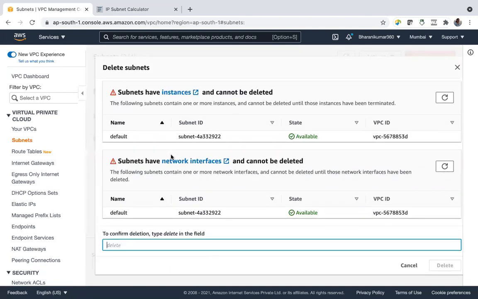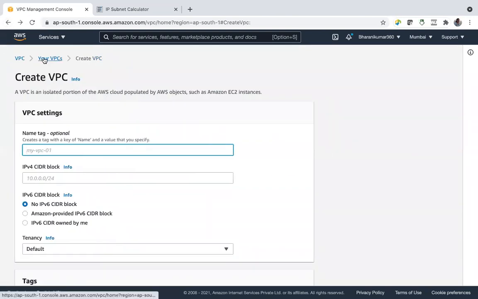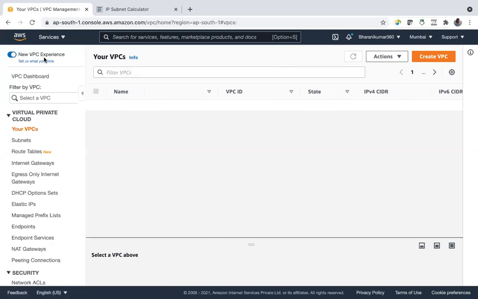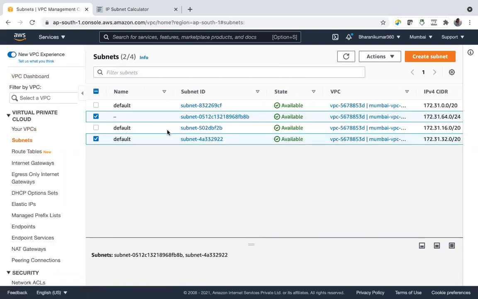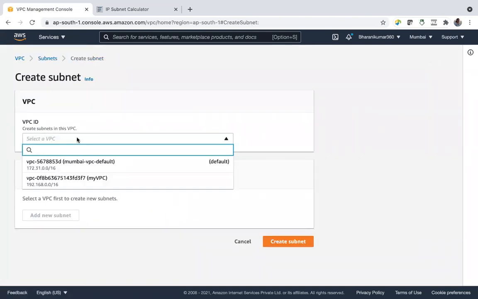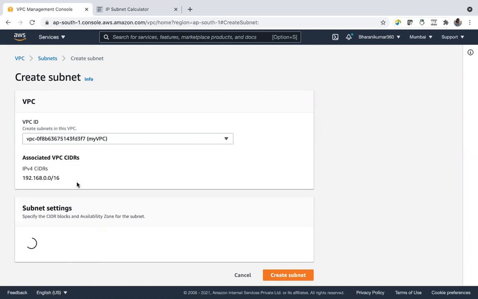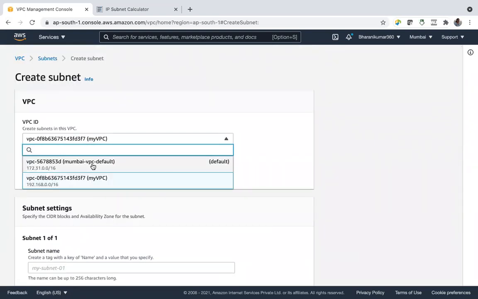Okay, but anyway, I'll do it later. And subnets, so all these are default subnets. Let us create a new subnet. In which VPC? In my VPC. You can also create subnets in the default VPC. Here we want our subnets in our VPC.